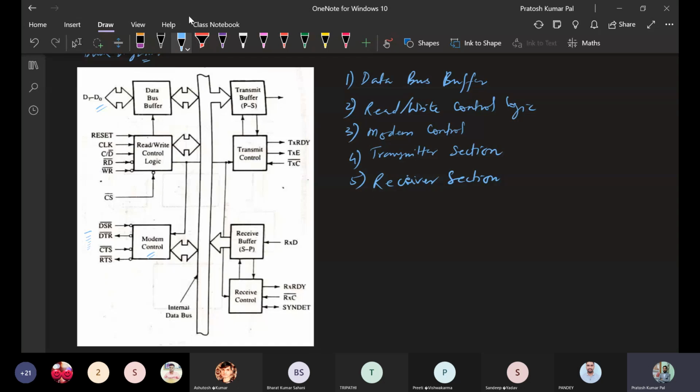So in the transmission section, the 8251 will be transmitting the data to the external device. Okay. And in this case it is receiving the data. Once it is receiving, and this is for the transmission. Okay. So we will see that part in the next slides.